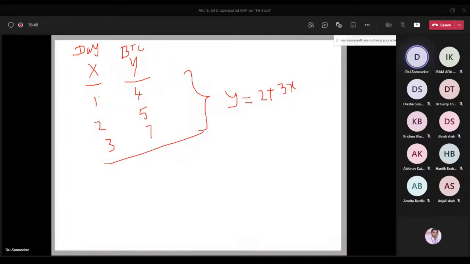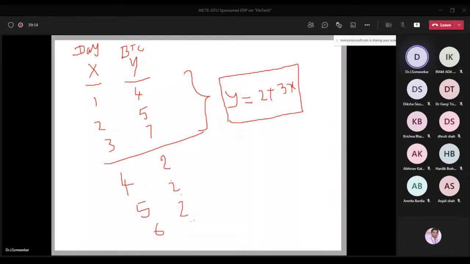That means after training on this data, I can make a model that we can call a linear regression model here. Now we are extracting knowledge from the data, insights of the data. By using that, I made a model. Now what is the use of this? Second point: let us assume I want to find the Bitcoin price on day 4, the Bitcoin price on day 5, and the Bitcoin price on day 6.